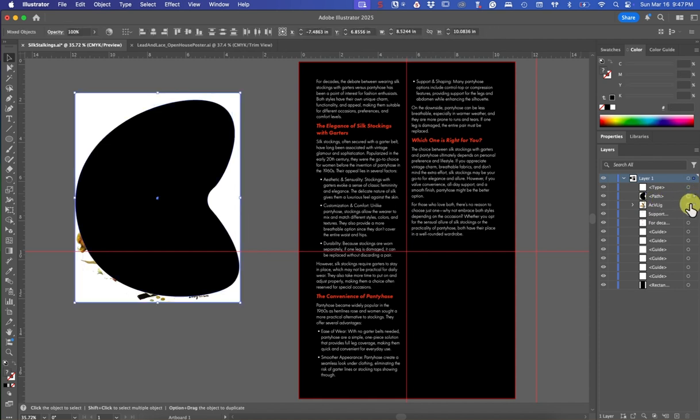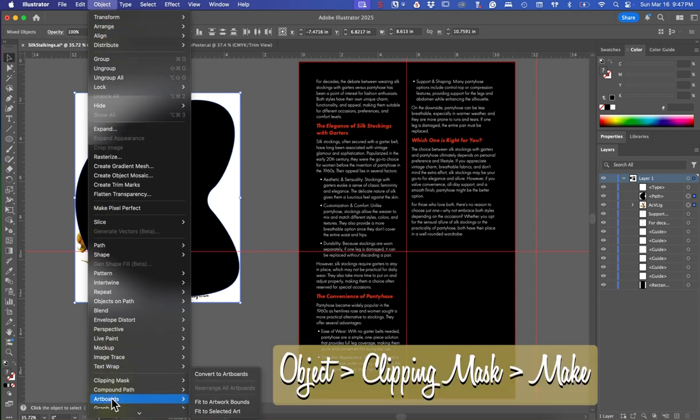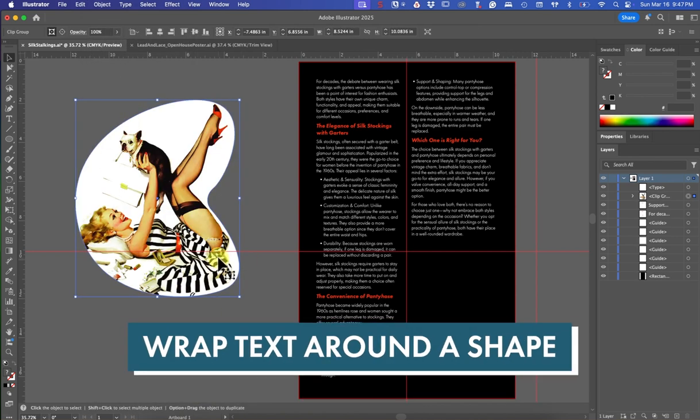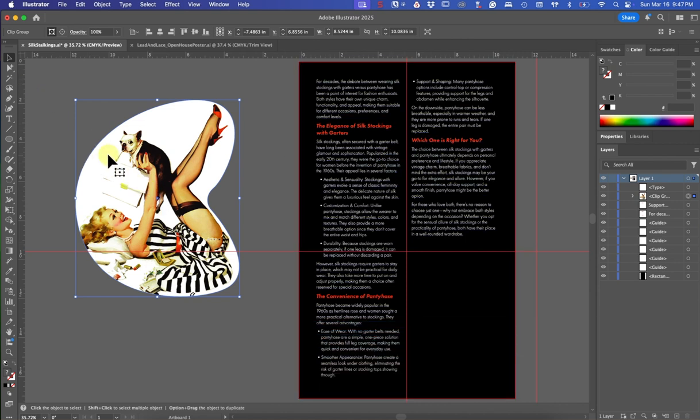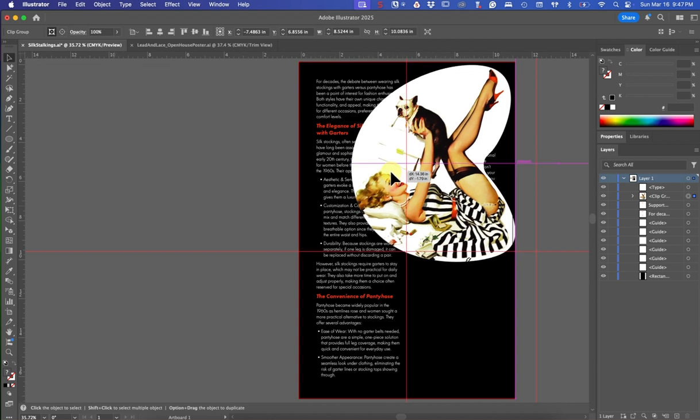So I'm going to select both of these, and then I'll go up into the object menu along the top main navigation, and then we'll go down, way down to the bottom of that object menu and choose clipping mask and make. So now we have our image and it's in this boomerang shape, and now we can wrap this text around it. So using my selection tool, I'll just grab it and I'll slide it over here onto my